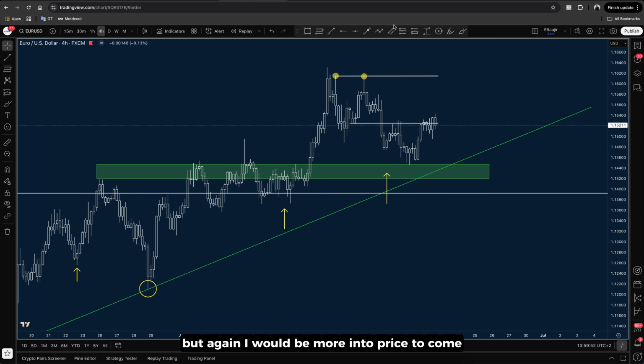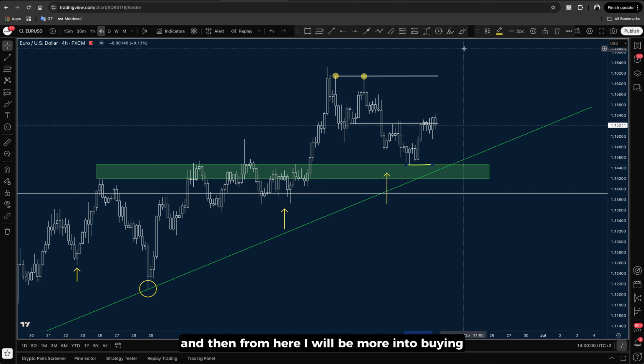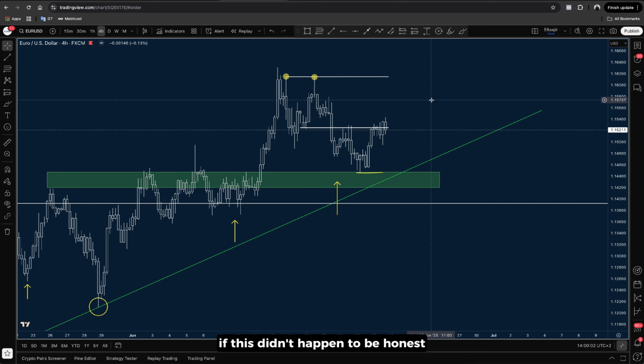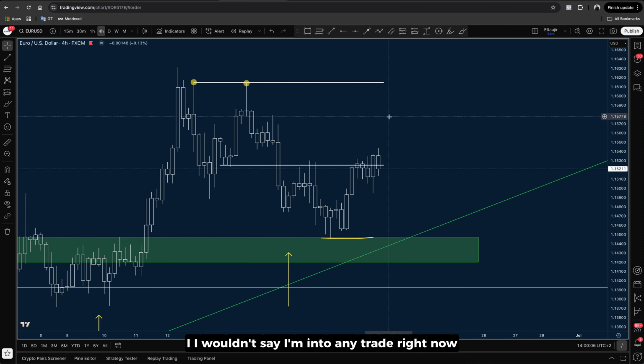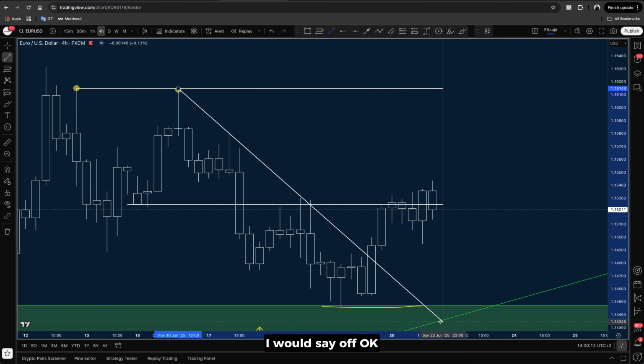But again, I would be more into price coming to take out this low. And then from here, I will be more into buying. If this didn't happen, to be honest, I wouldn't say I'm into any trade right now. I want to see the price to basically take